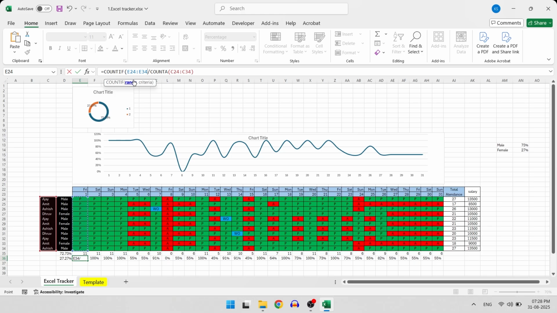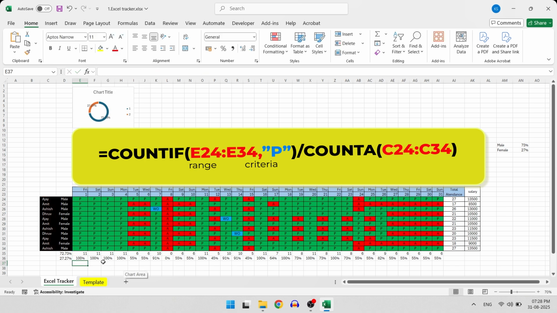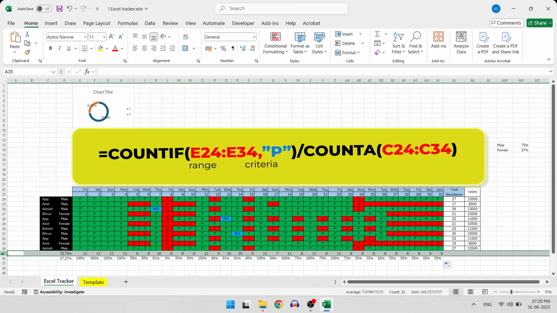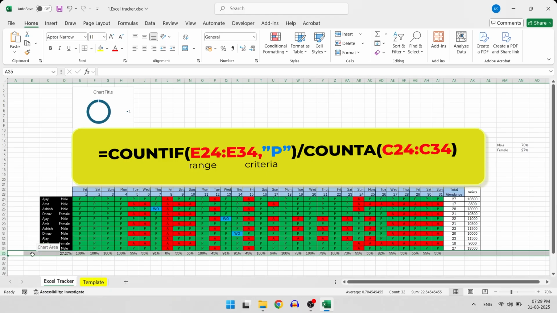So you can select the whole range in the COUNTIF where you want to count present values, and then when you enter, it converts the value into percentage in the cell only. Now drag this and apply this to the whole row, and you can delete the top row. So now the whole percentage section is merged into a single row instead of two.